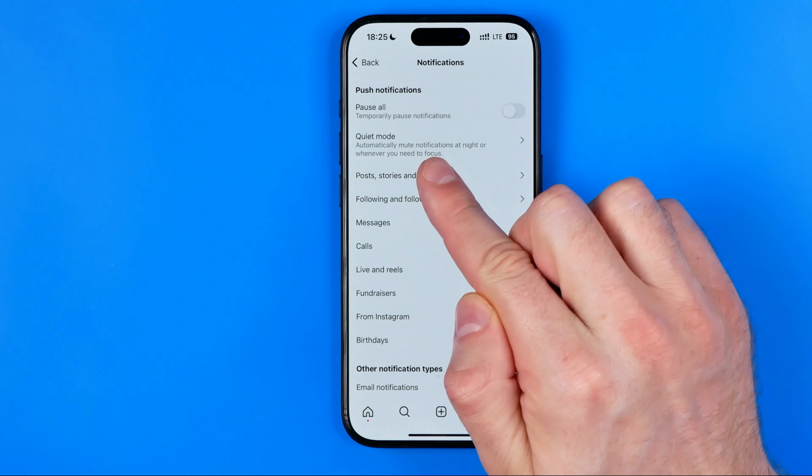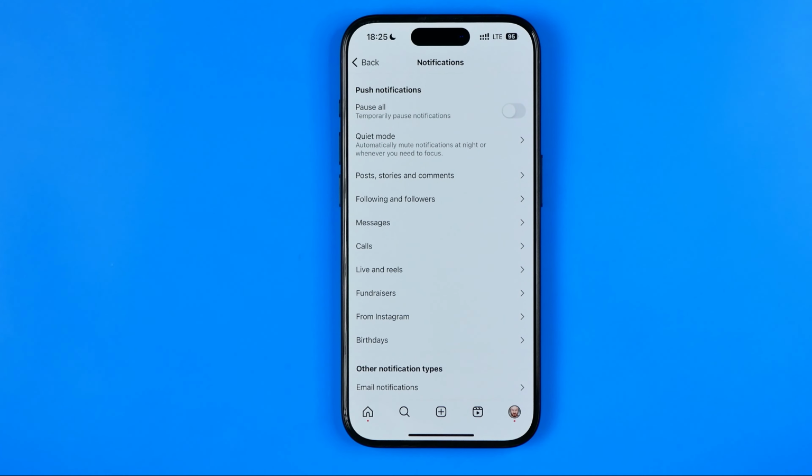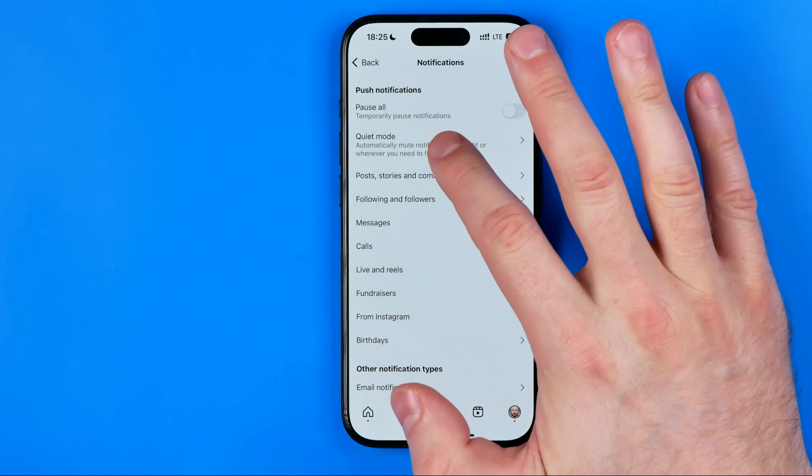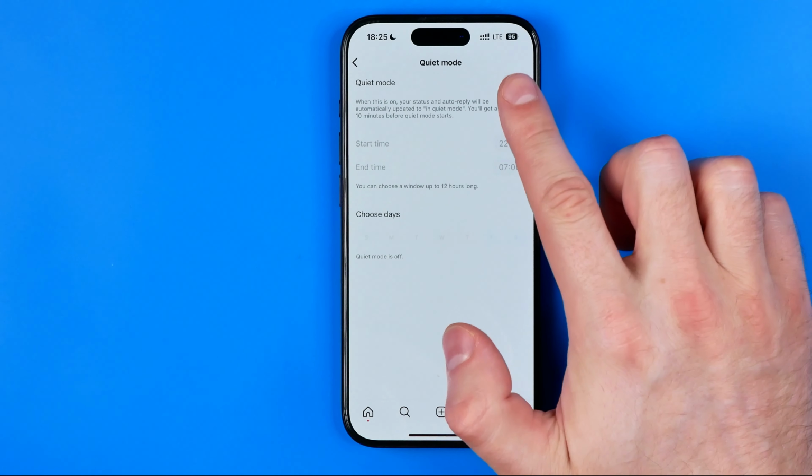If you don't see this option here, it for sure means that your Instagram is not up to date and you need to head over to the App Store or Play Store and then search for Instagram and get the latest Instagram app version. Once it is done, we can hit quiet mode now,